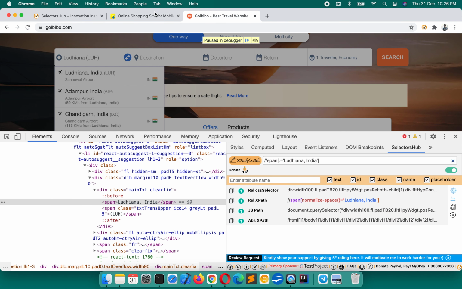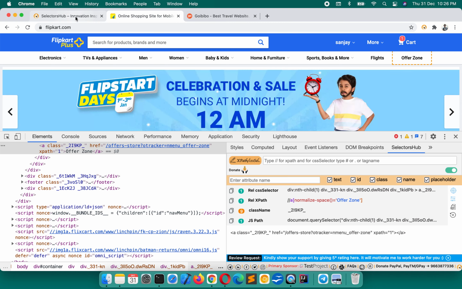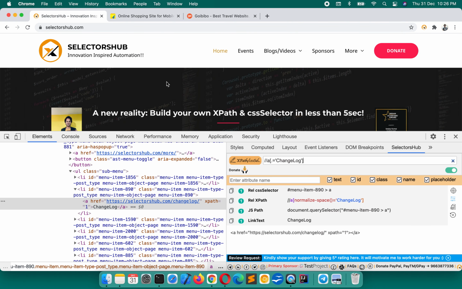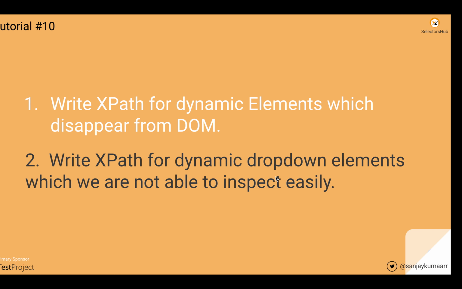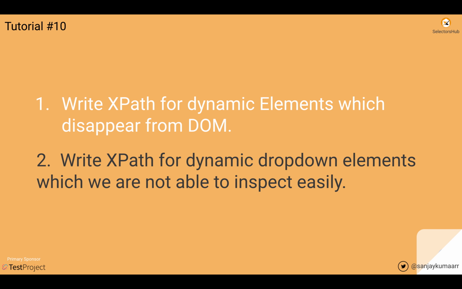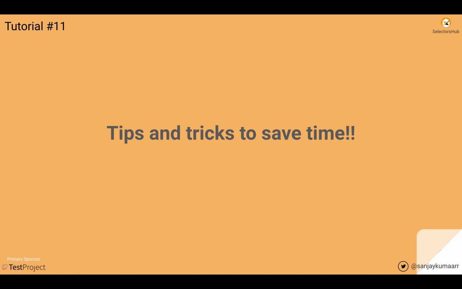So you have seen all the possible types of drop down and the possible solutions for them. I'm sure this is really helpful, and sometimes people are not even aware of how to inspect these drop downs. I'm sure it will help you forever, and you can also guide others as well. So thank you. In the next tutorial we will see tips and tricks to save a lot more time, things which you could do in maybe 1 hour that you can do in just 1-2 minutes. So yeah, thank you.